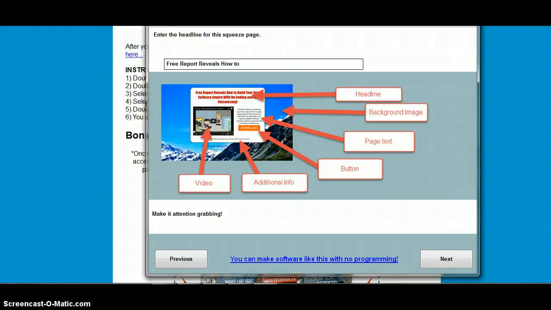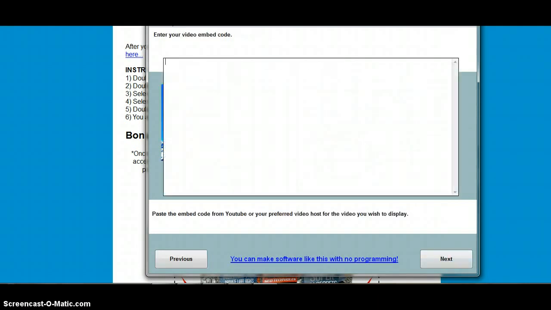That's what you see up here in the red. I'm just going to go ahead and change this up a bit and put new software reveals how to make two-step squeeze pages with ease, and then we hit next. Very simple. We just copy paste next, copy paste next, or we might just have to type something and hit next. That's it. Next, we want to enter the video embed code, the code that's actually going to allow